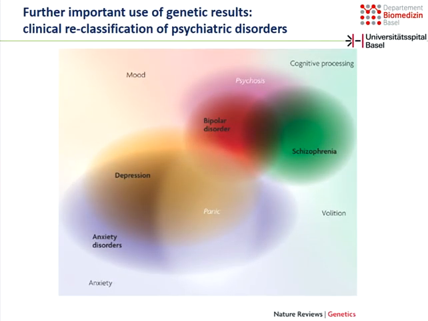And a further important use of genetic results is, of course, the clinical reclassification of psychiatric disorders. You may know that, but psychiatric disorders are very difficult from a clinical point of view. When a psychiatrist makes a diagnosis with a standardized manual, you have a diagnosis for bipolar disorder, but there are features sometimes that look more like schizophrenia. So you have many patients that fall between classical diagnoses, in between, yeah? So you don't really know, is this a bipolar case? Is it a schizophrenia case?